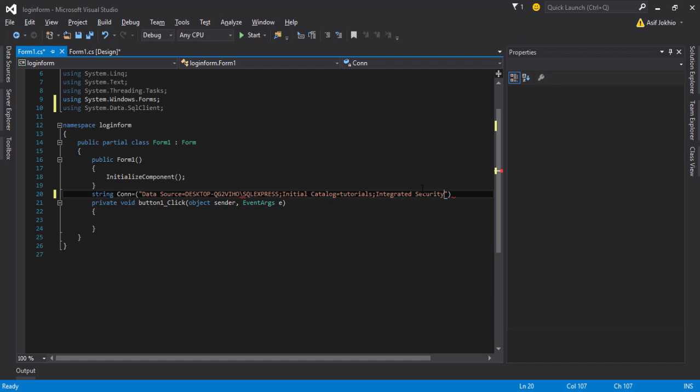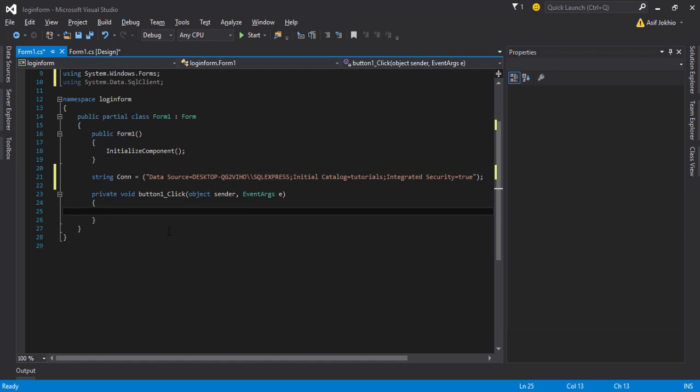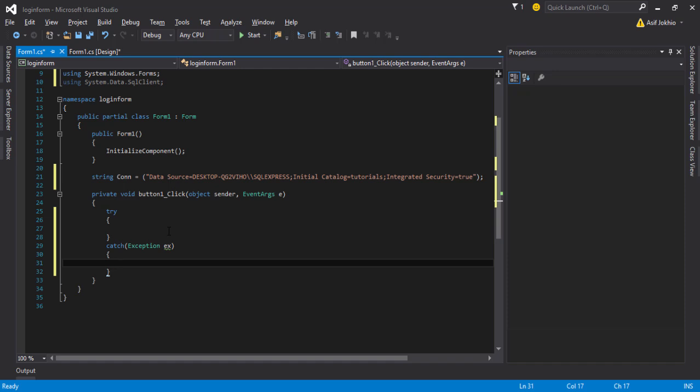And this is true, right? And enter the semicolon, and here enter this slash sign. This is our connection. Then the next step is go to button event body area and enter the try catch exception x parenthesis and message show message box, call MessageBox.Show, and call the x.Message,